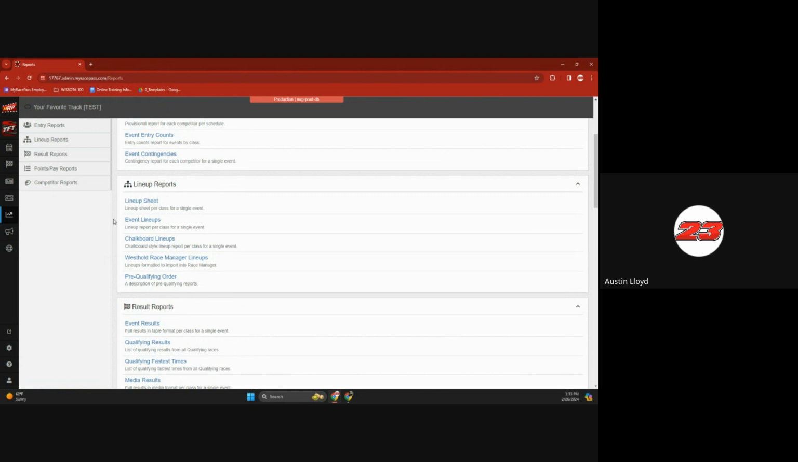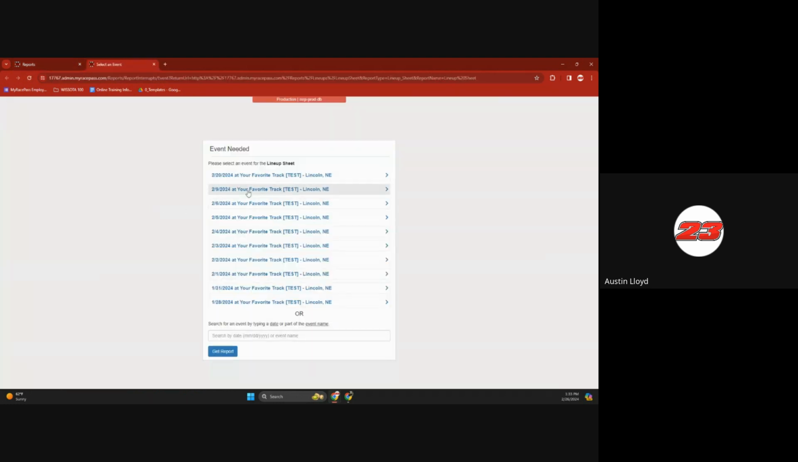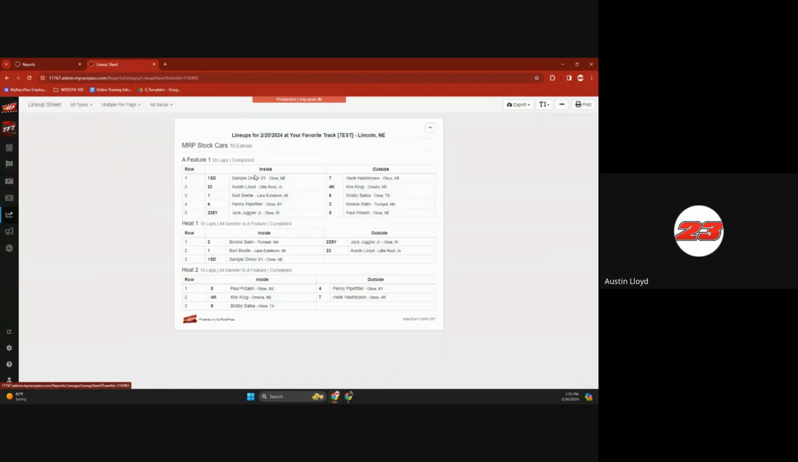And these can be printed out of Race Management as well. But if you're still printing your lineups, this is the easiest way to be able to print the lineups, right? So if I bring up the lineup sheet report, pick the event, it gives me lineups that I can print right here, right? And there's 3